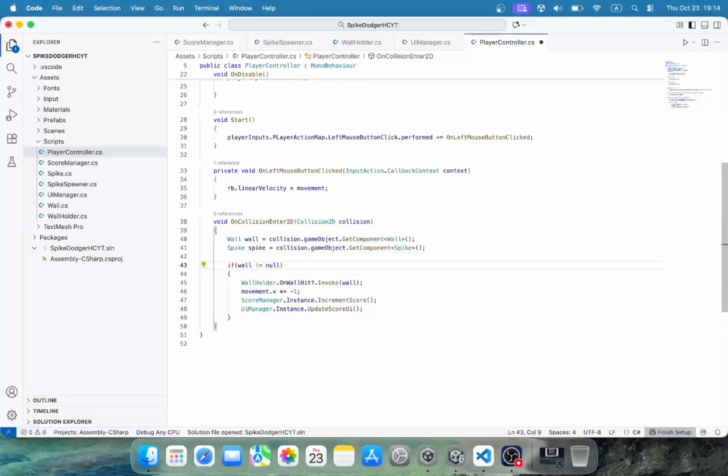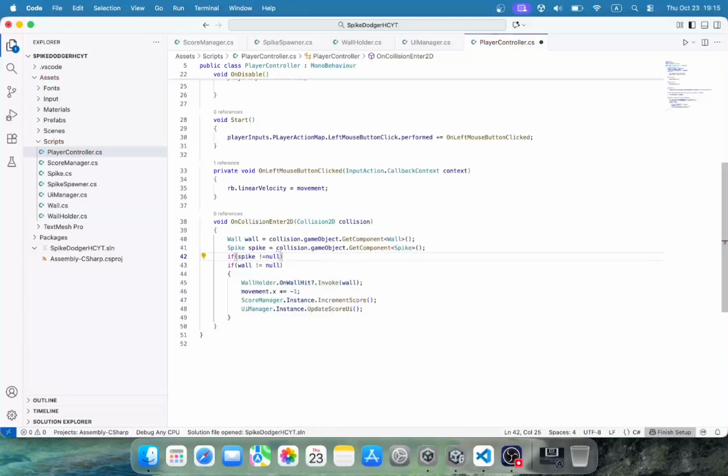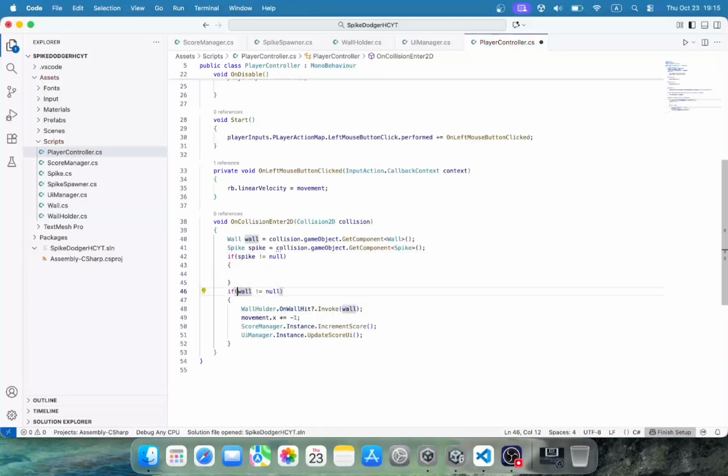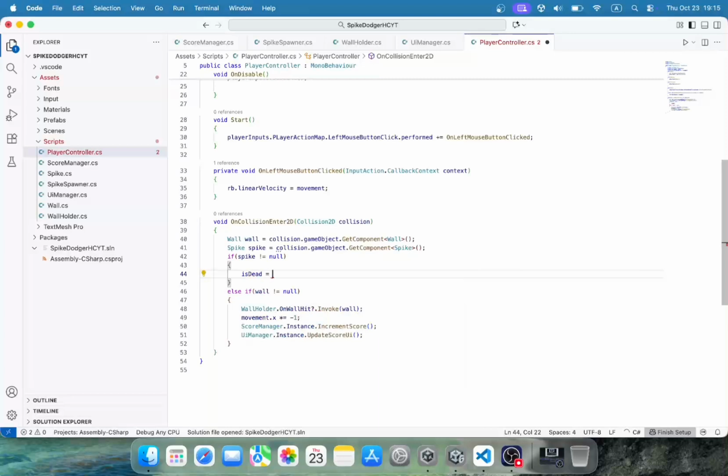First we should check the spike. If spike is not equal to null, and here we should check else if the spike is not equal to null, we say isDead equals true,